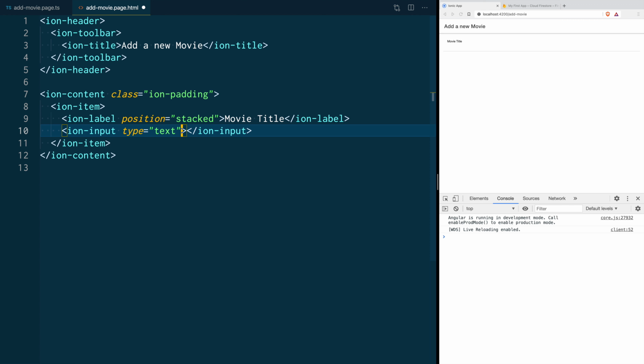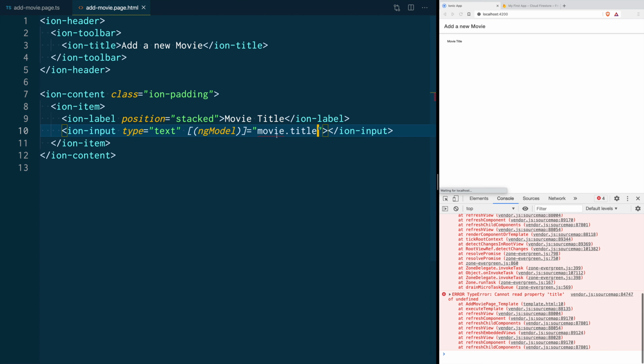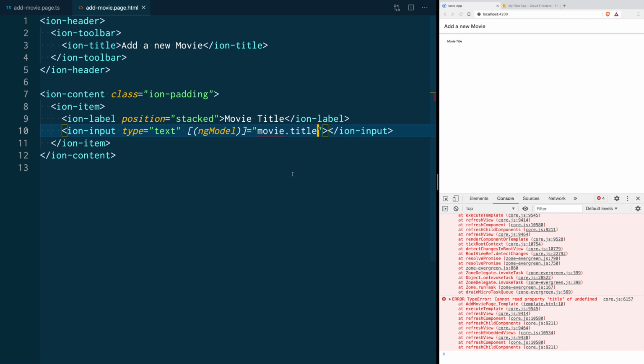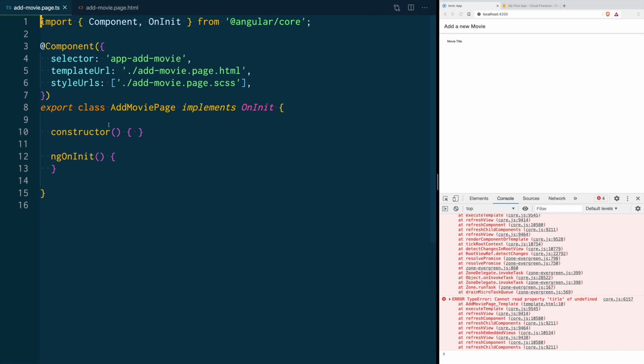And we also need a way to bind whatever value the user types here to our form so that we can send it. For that, in this example, we are going to use a property called ngModel. And we are going to say that this is equal to movie.title. As you can see, we are getting an error here, and that's because movie doesn't exist on this class. So we are going to go to the add movie page and we are going to add a class variable.